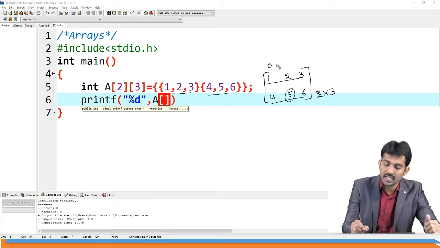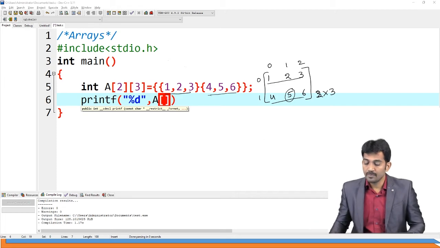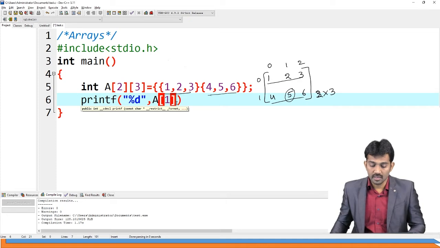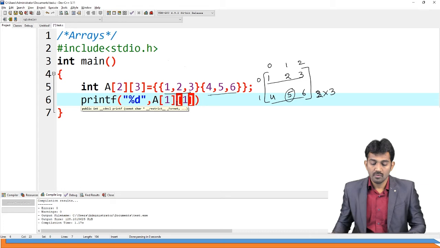See, this is the 0 index, 1 index, 2 index, and the rows are 0 index, 1 index. So it is there at 1 1, first 1 and 1.